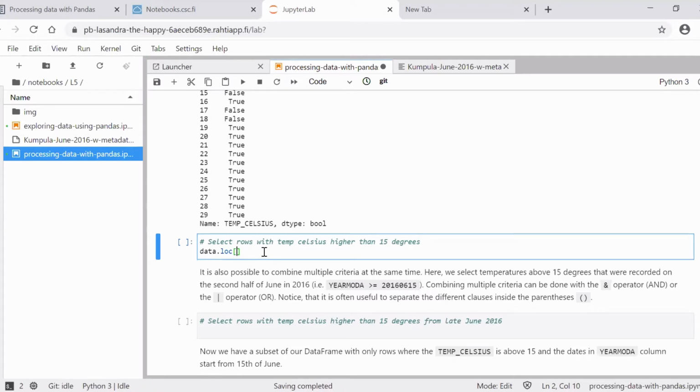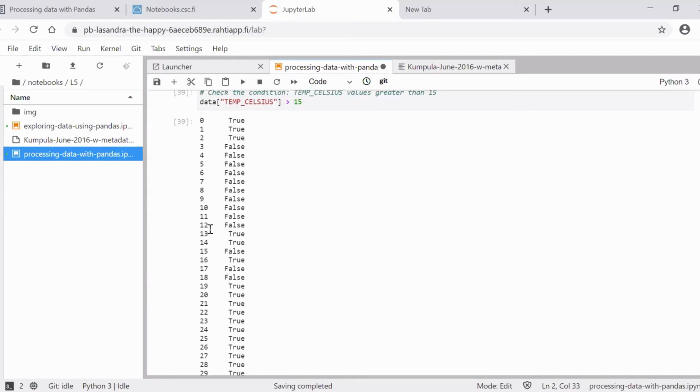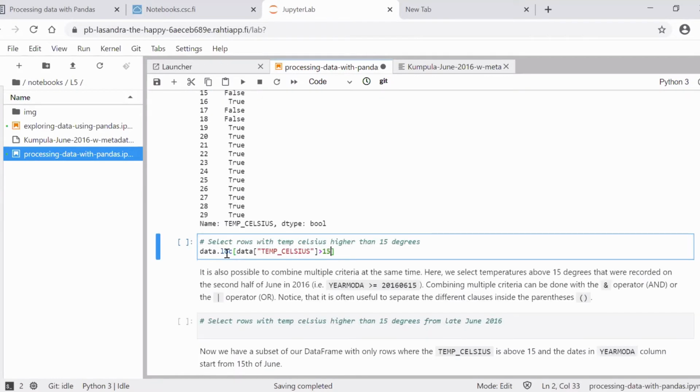So we put the whole condition in there, data temp Celsius greater than 15. So you can imagine that we pass this series inside the loc. What this does is that Pandas takes the data frame there and, I would say, overlays the series with these true and false results, and then masks out those that are false and selects those rows where the condition was